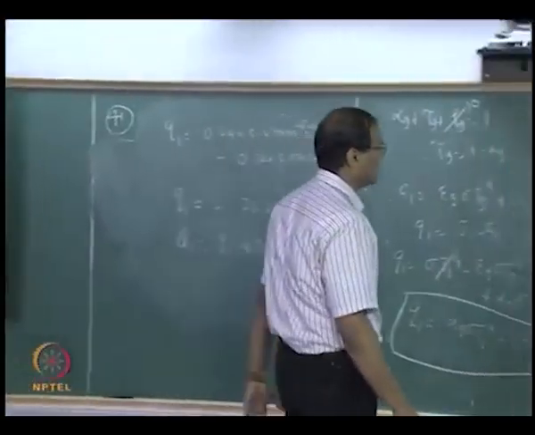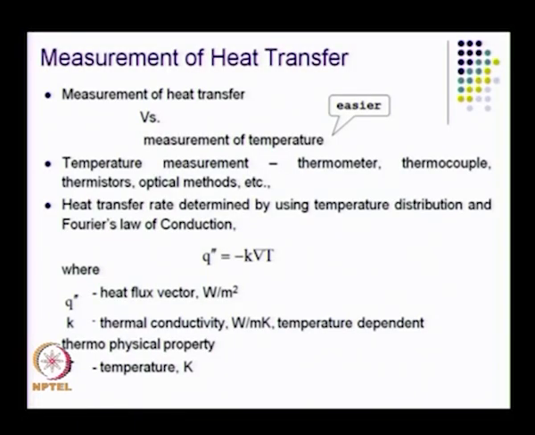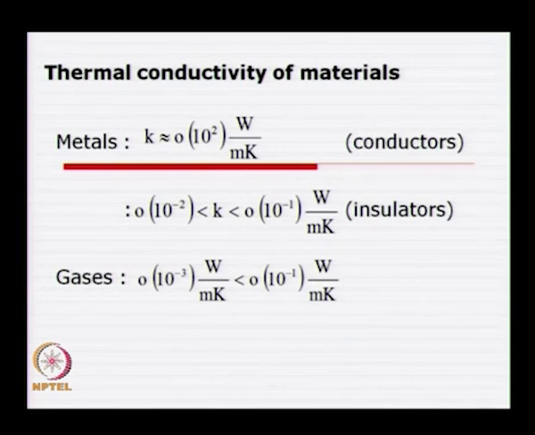So this is the heat flux vector, this is the thermal conductivity, a thermophysical property, and T is the temperature. So for metals, the thermal conductivity is of the order of 10 to the power of 2, okay. For insulators it varies from 10 to the minus 2 to 10 to the minus 1, for gases it varies from 10 to the minus 3 to 10 to the minus 1. I will give you a table,